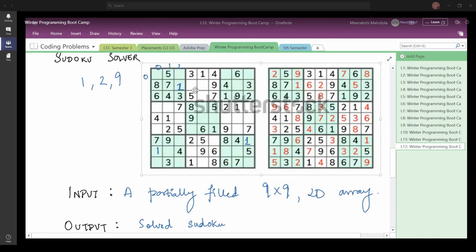Again you do the same, and you keep on doing that for all the cells, checking if this condition is coming out to be true or not. If it is not possible, you remove a certain element and then go ahead and try.